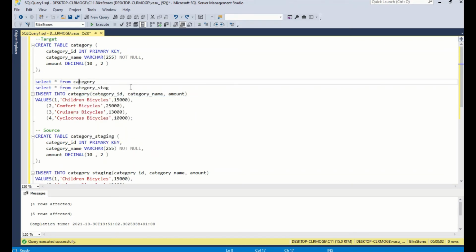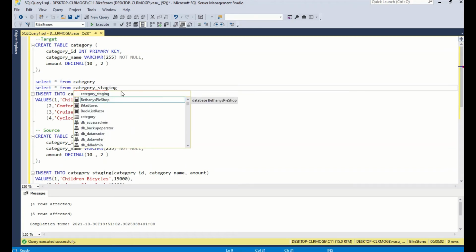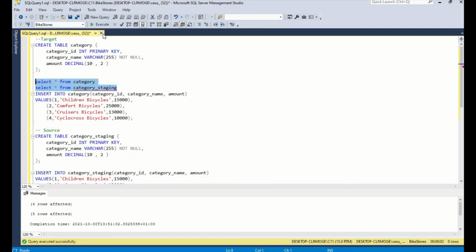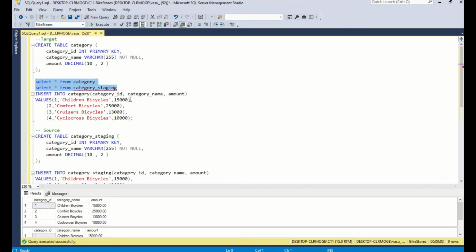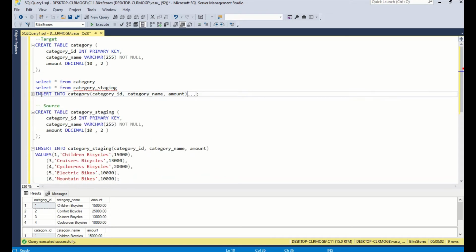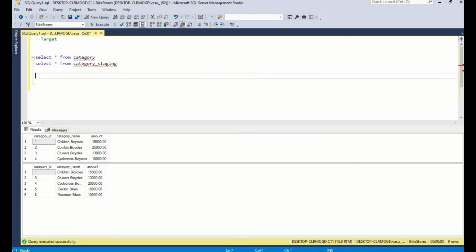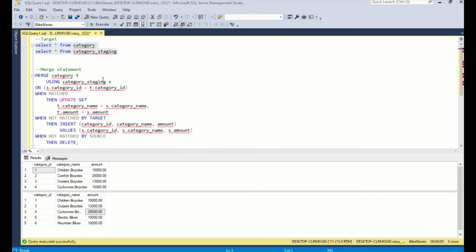These are the rows that have been created in category and category_staging. Let me write the merge statement. So this is my merge statement.